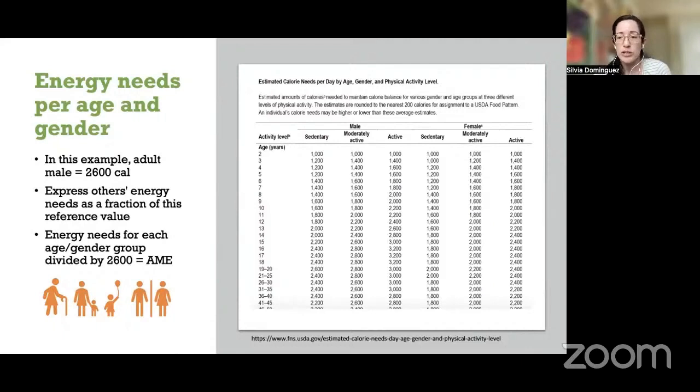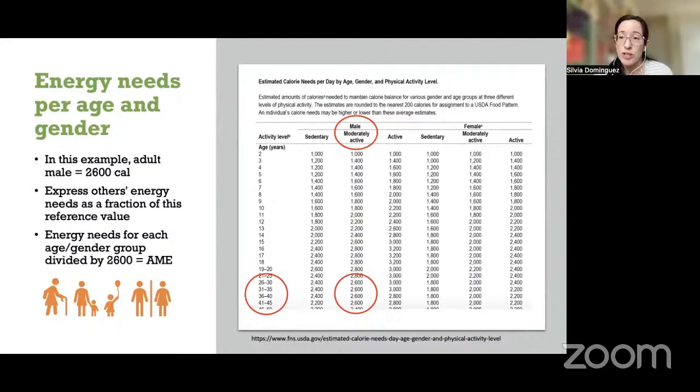This, for example, that I'm showing here is a table from the United States that lists the estimated calorie needs per day by age, gender, and physical activity level. So if we look in the red circles at male, moderately active, at age levels between 26 and 40, we see that the estimated energy need is 2,600 kilocalories. So this could be your adult male equivalent, your reference individual,